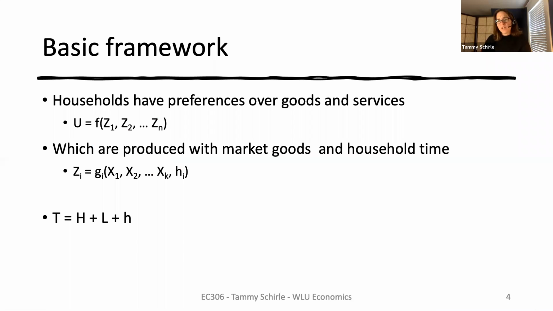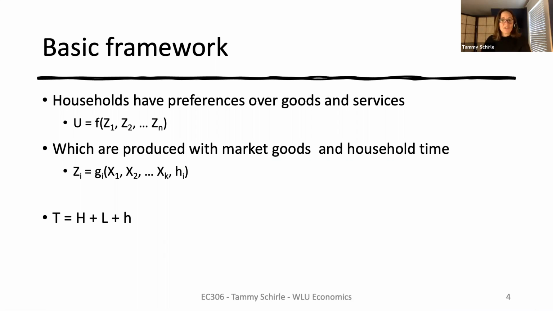So now, instead of just one individual, we're thinking about households who have preferences over a variety of goods and services, like the food they eat for dinner. Those meals will require some market goods, like vegetables or rice, as well as some of the household members' time to actually prepare dinner. And it's in this context that we stop thinking about non-market time as pure leisure. It's also an input into production of goods and services that the household and others enjoy.